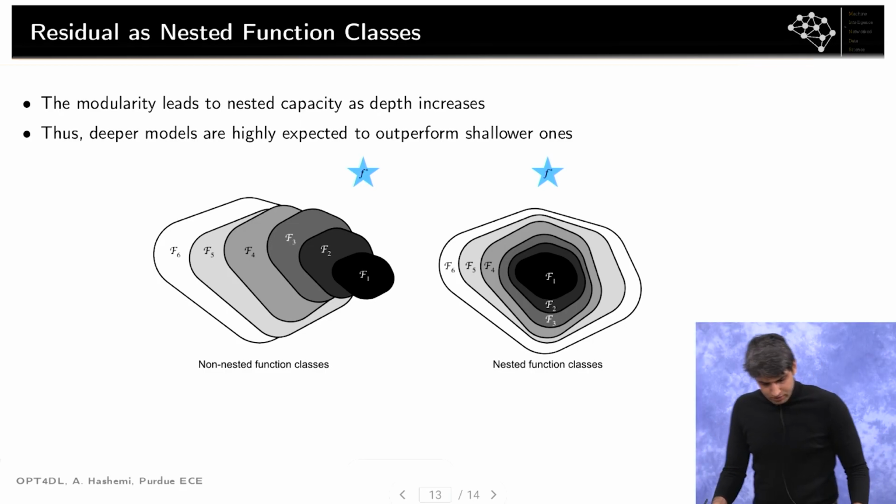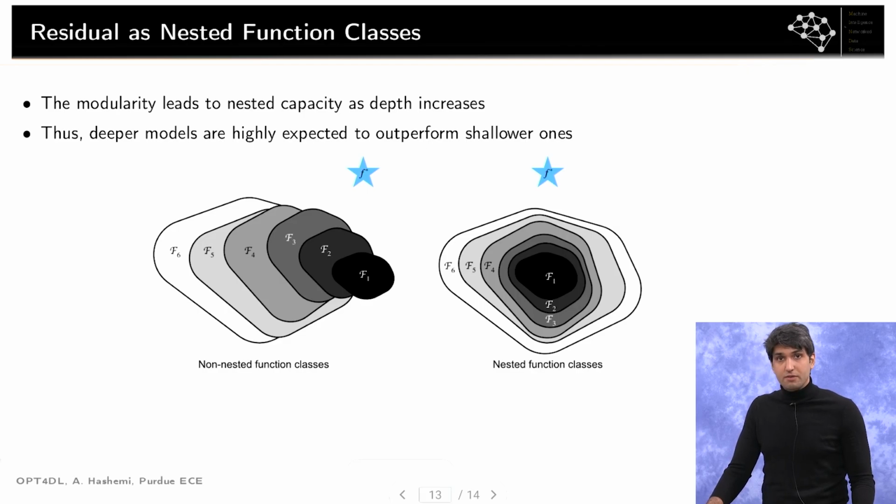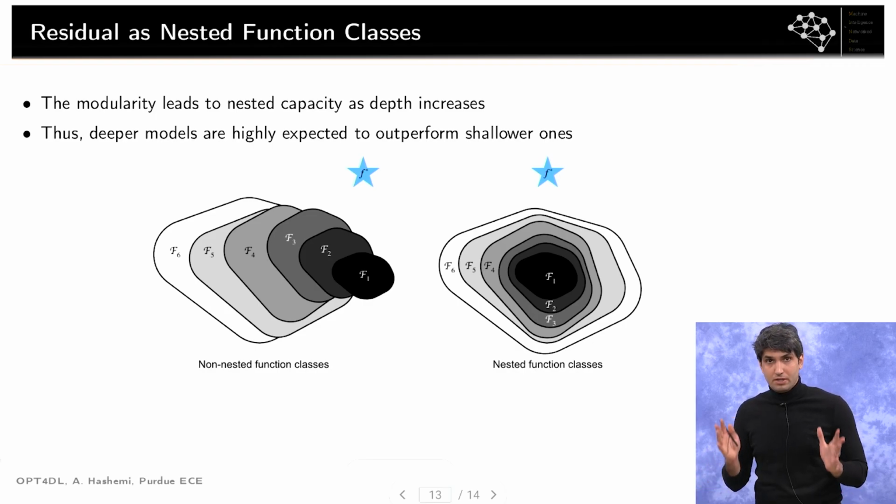Now, there is also another intuitive explanation of why residual connection could be helpful in terms of not only accelerating the learning, but also improving the test and training accuracy. The idea is that this modularity in residual networks leads to a nested capacity. So as we are adding more and more to the depths of the network, we are guaranteed to enlarge the capacity of the network in a way that the deeper network is guaranteed to be always better than